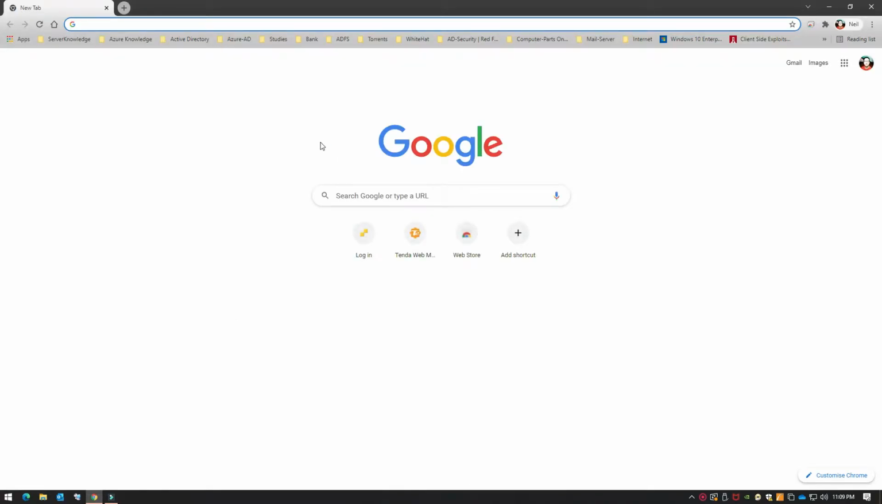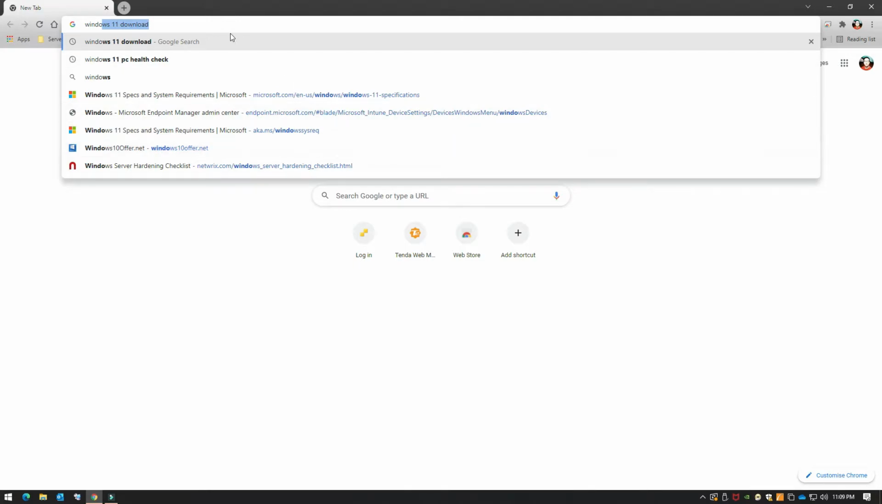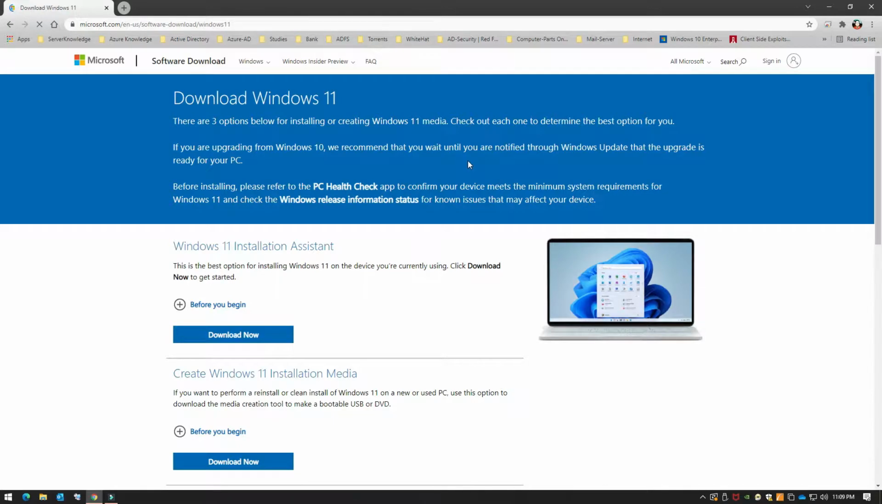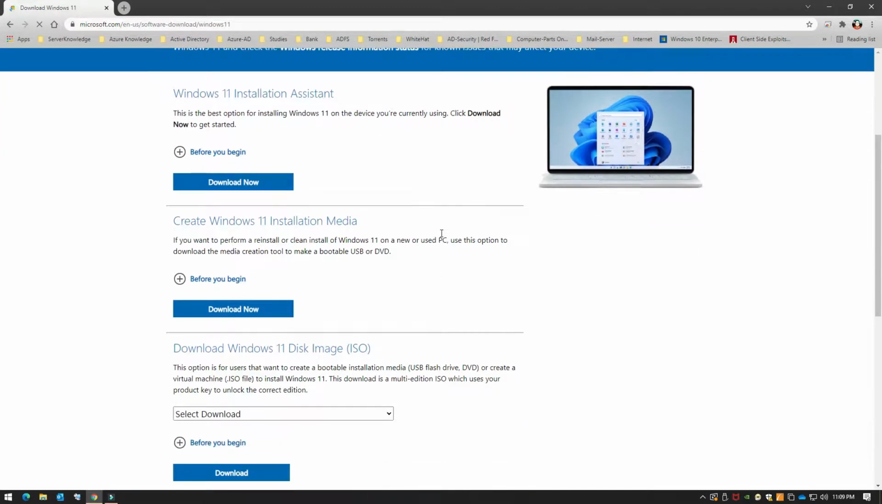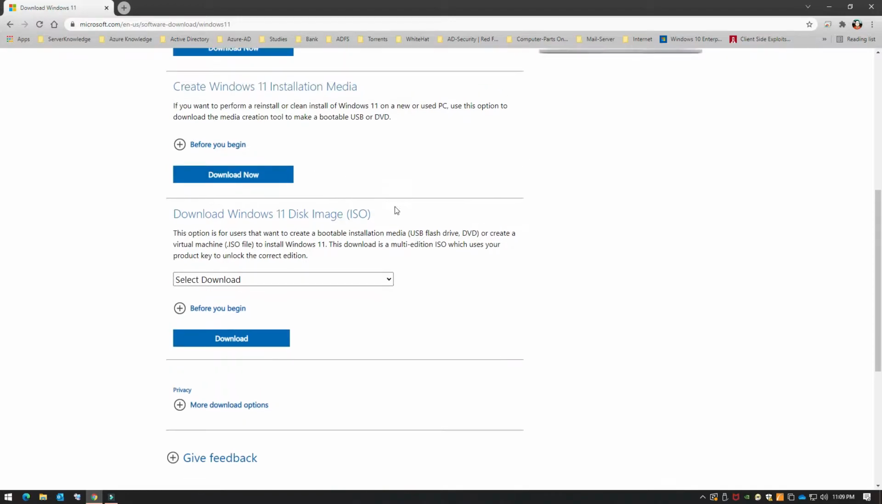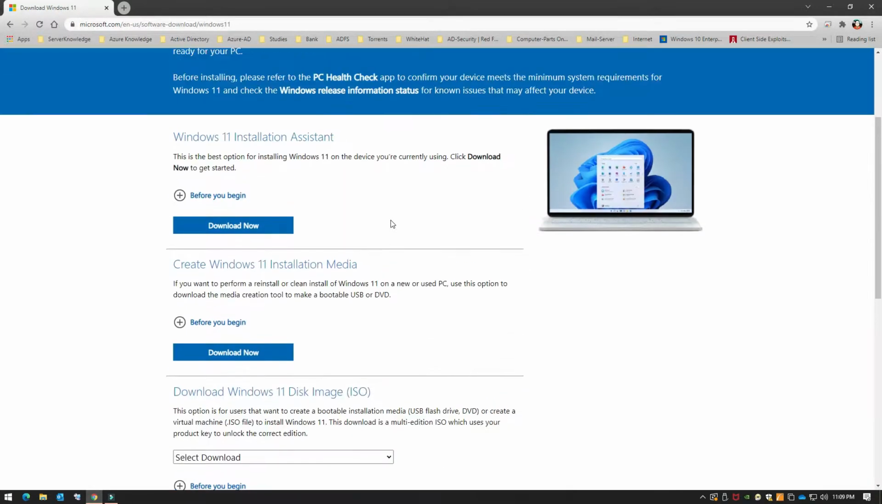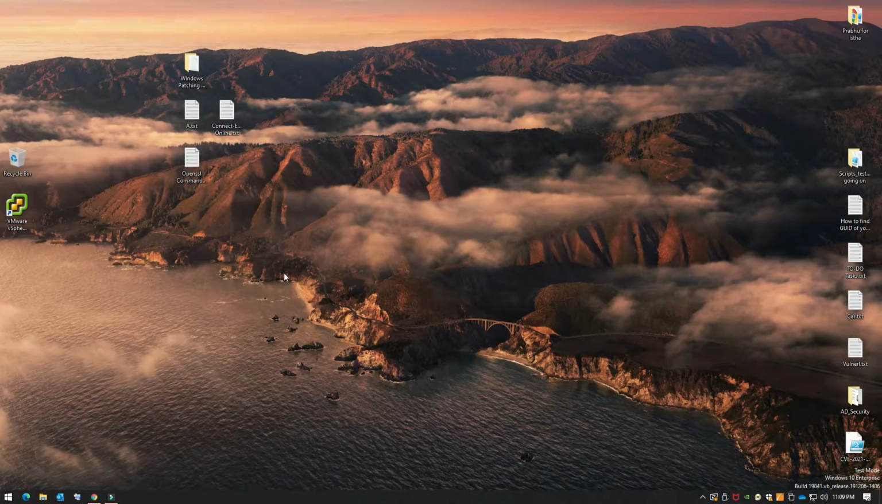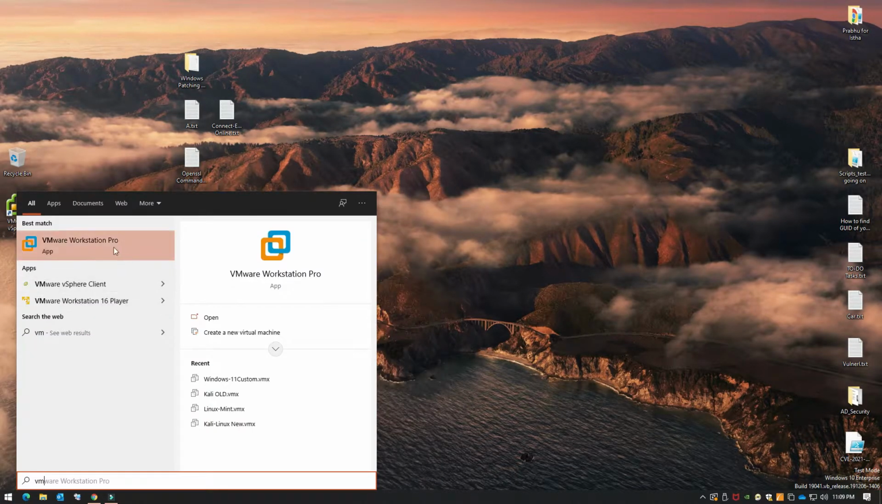So first of all, let me show you the official release of Windows 11 by Microsoft, of course. Windows 11 download, and you can go to the Microsoft official website, and then you will see Windows 11 over here. And the one today we'll be seeing is the ISO image. So I've already downloaded the ISO image, and we will see if we face any kind of challenge while installing it. So let's fire up VMware Workstation,